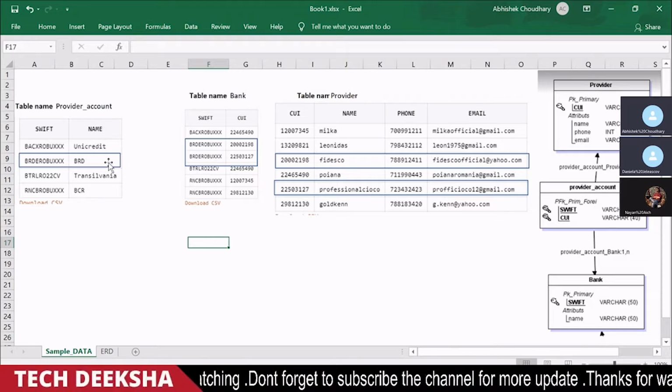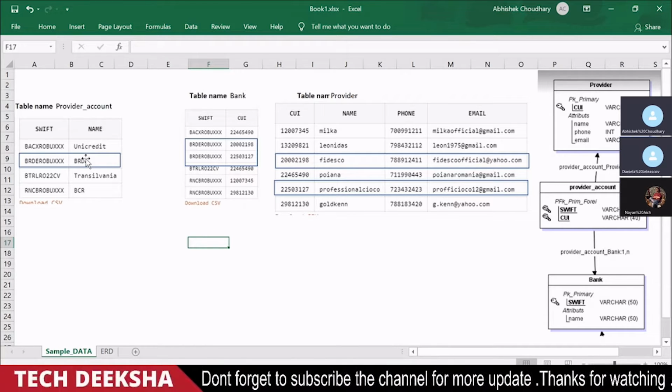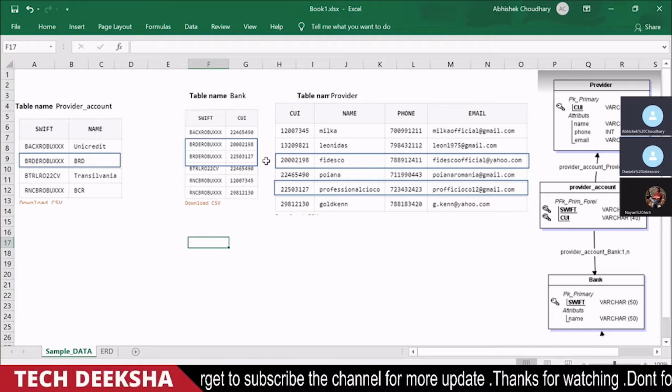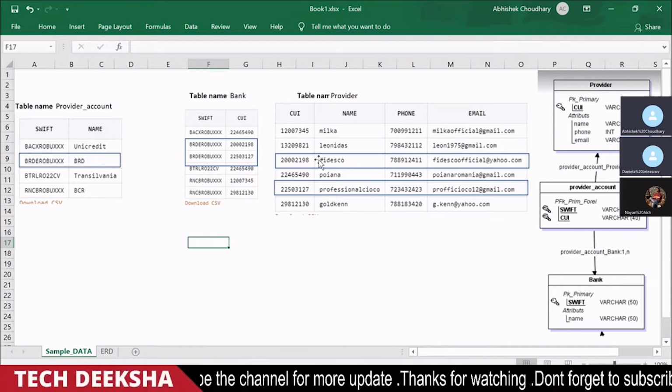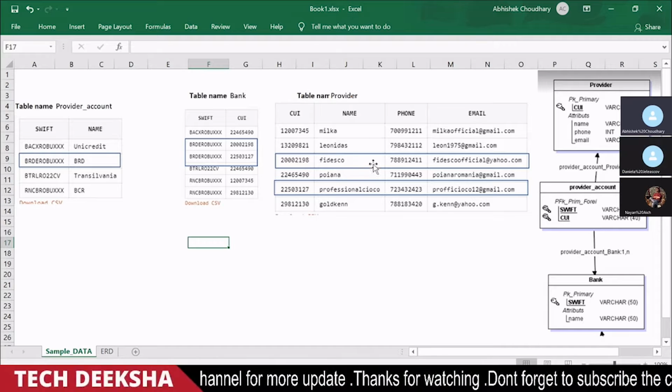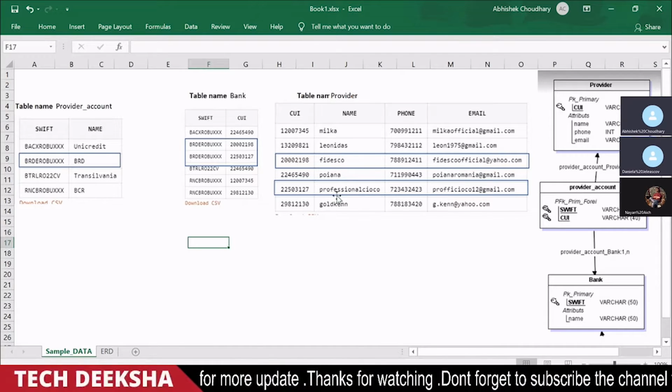Yes. These two correspond to this bank, right? And if I take these two QE IDs, from there we'll get the providers list, right?